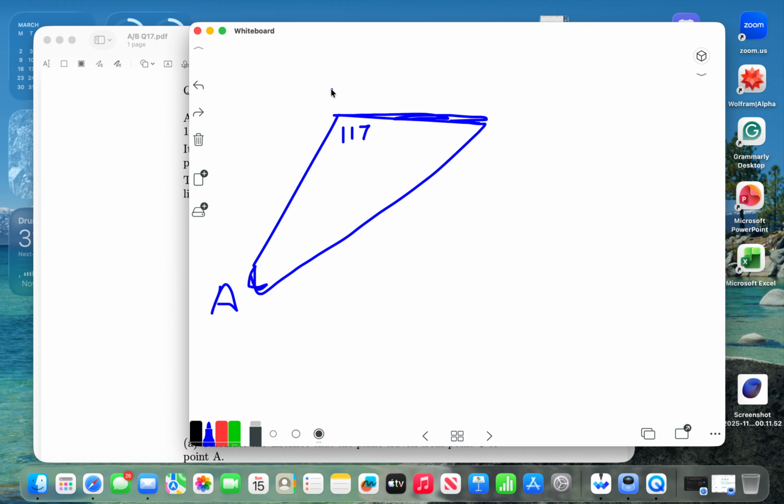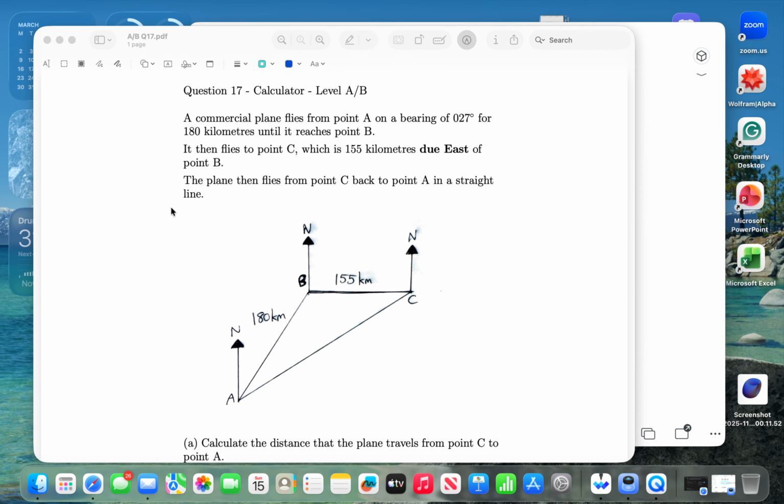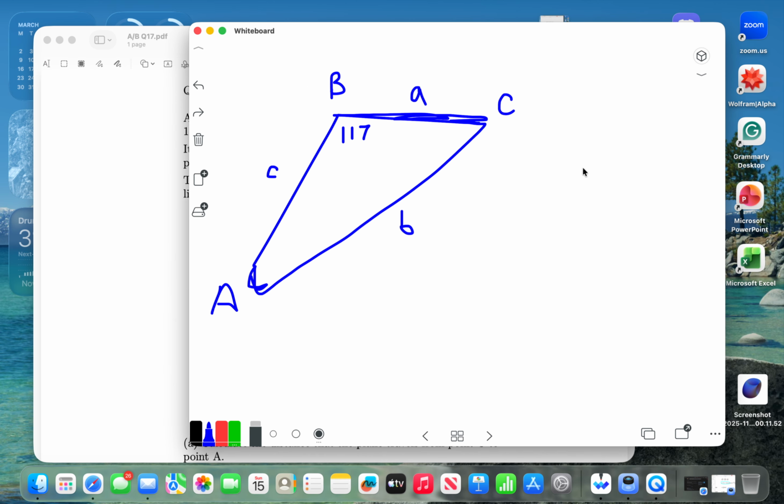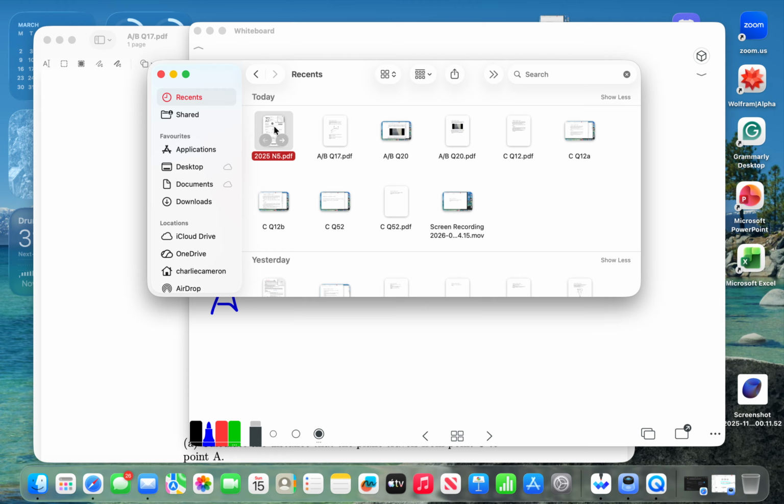It's B, A, and C. And we want to find small b. We'll use small b instead of capital AC. We get the equation